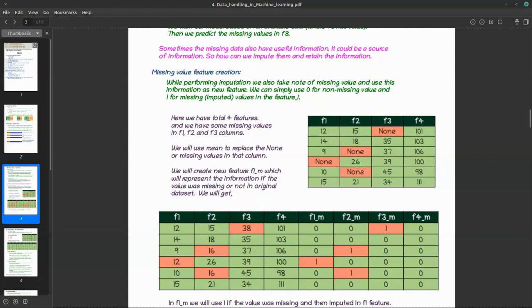First, I will say, okay, this none is missing. What is its class? Class is 1. Now let's see how many are from class 1. So this is from class 1, this is from class 1. Just take the average of these two. Don't touch 14, don't touch 10, and don't touch 15. Why? Because this particular point belongs to class 1. Then why should you consider the other class points? It doesn't make sense.